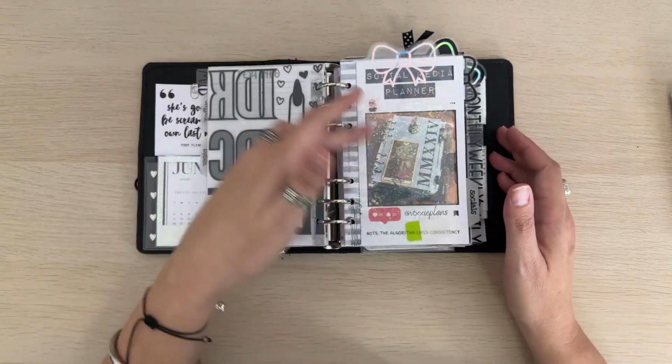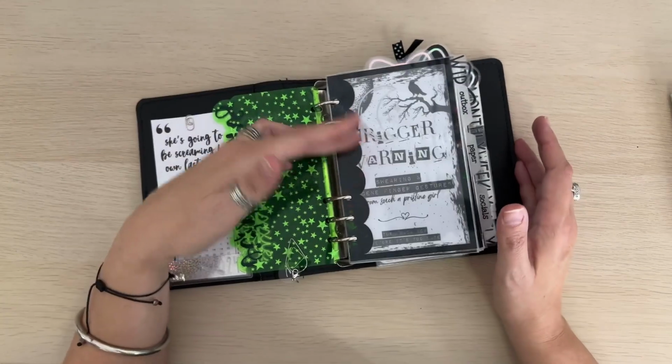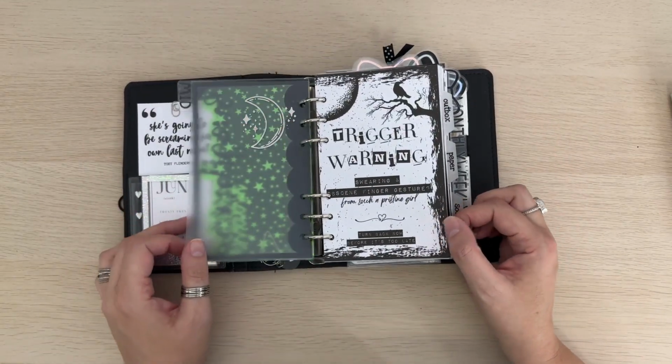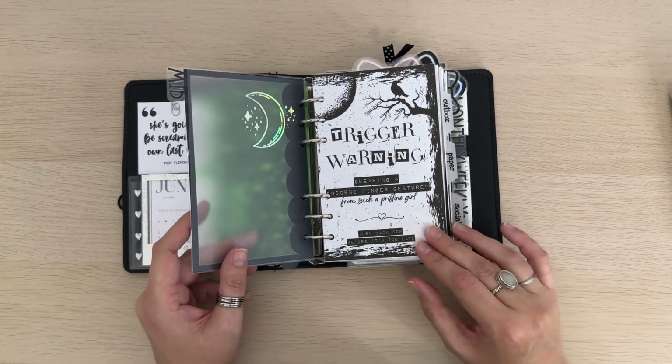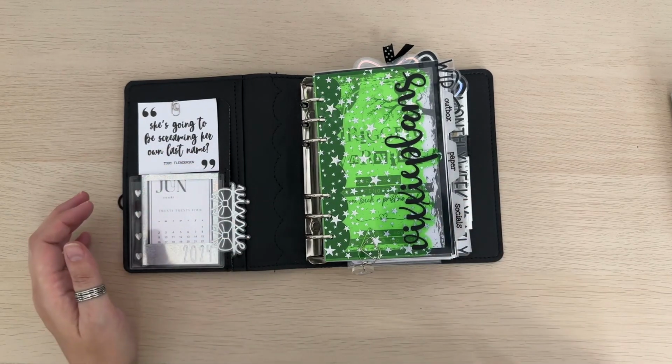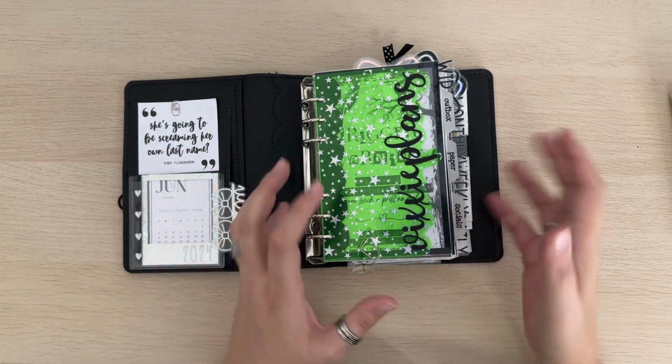I love it. I am so in love with this thing. I think it looks amazing. Genuinely, I think this is my favorite dashboard. It's my favorite dashboard by far. I just love it so much. So yeah, I'm really, really looking forward to getting in here and playing around and making it really chunky, because